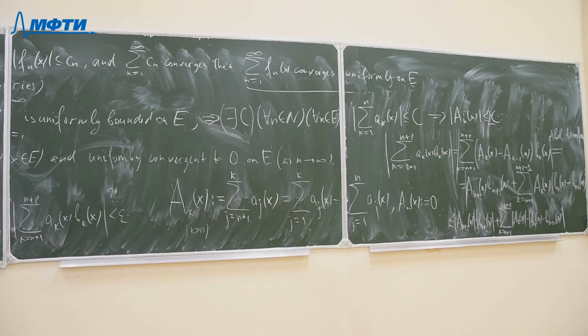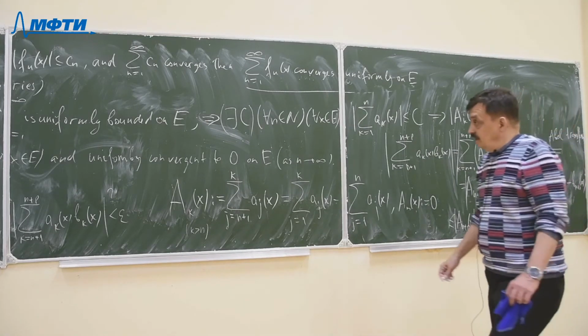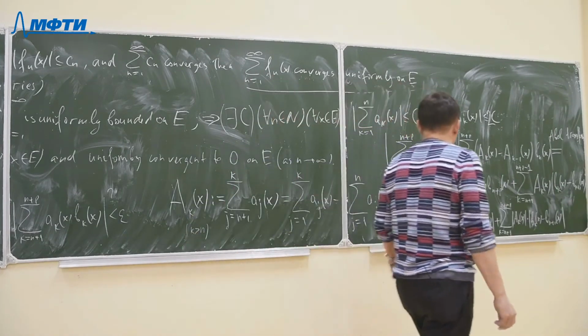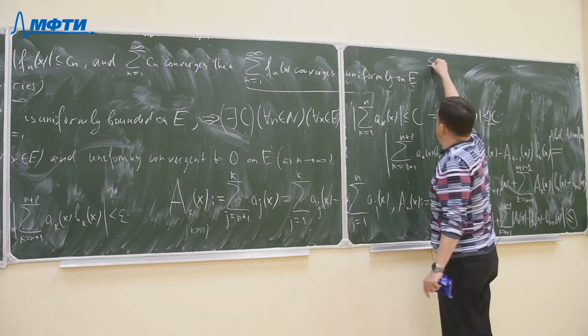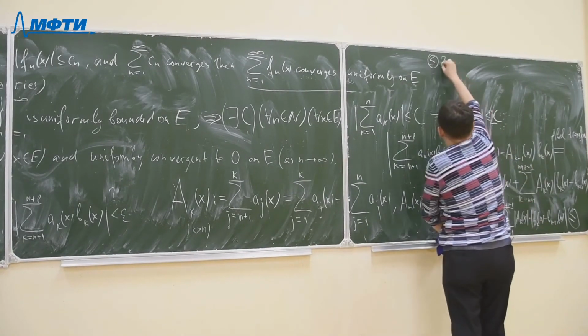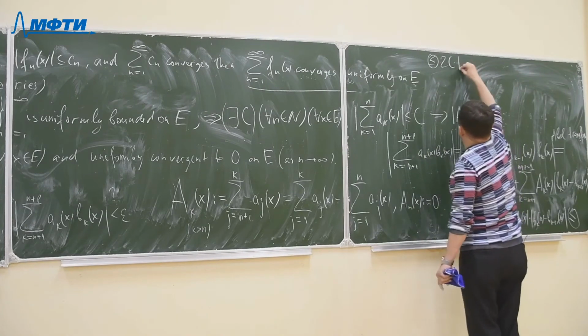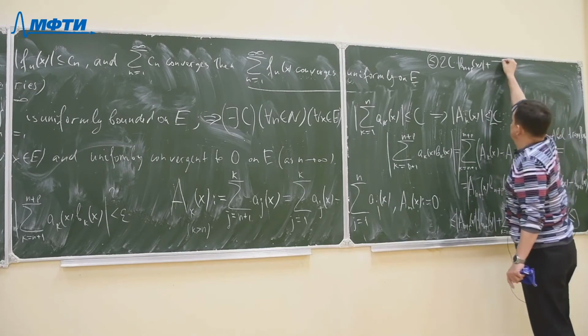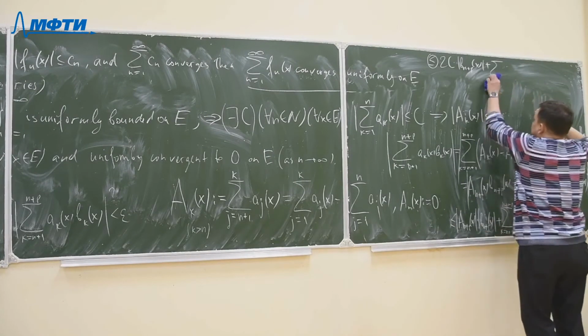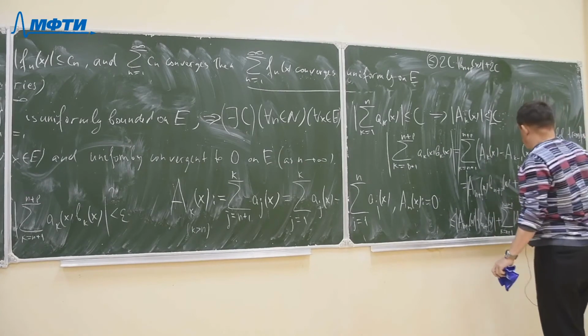Now look what I want to use. First of all, I'll use this estimation for all capital AK, right? Each of them is less or equal than 2c. So less or equal than 2c times bn plus p of x plus, I'll put 2c outside of them, the sum k from n plus 1,